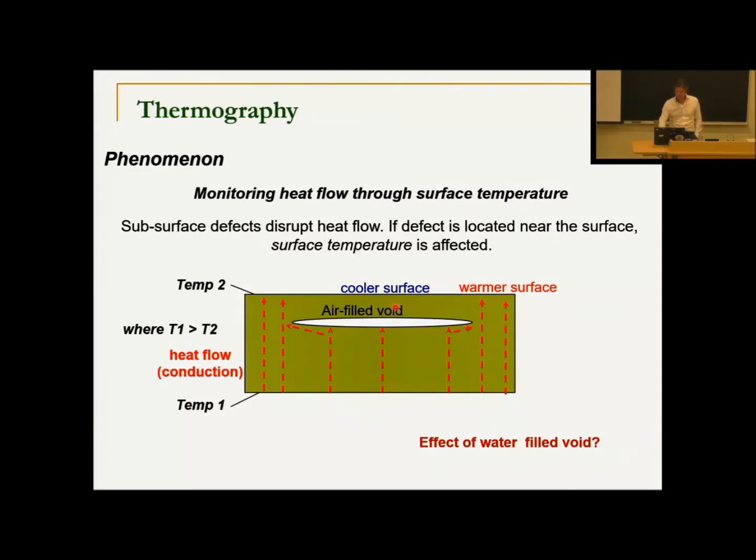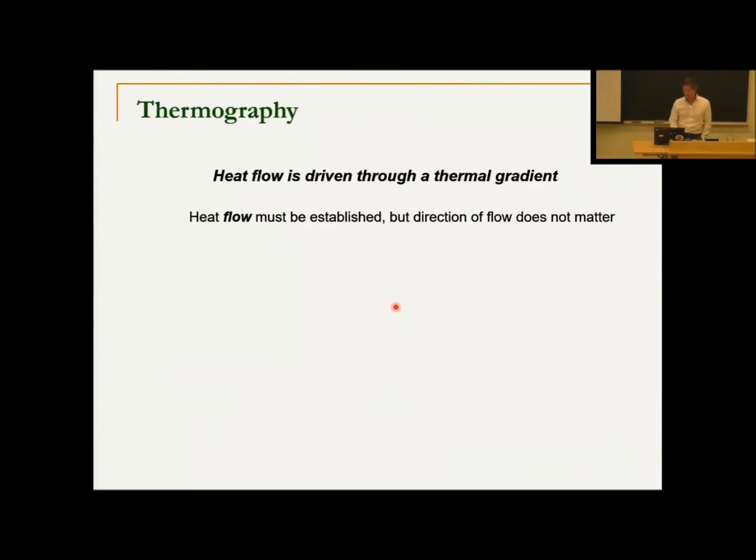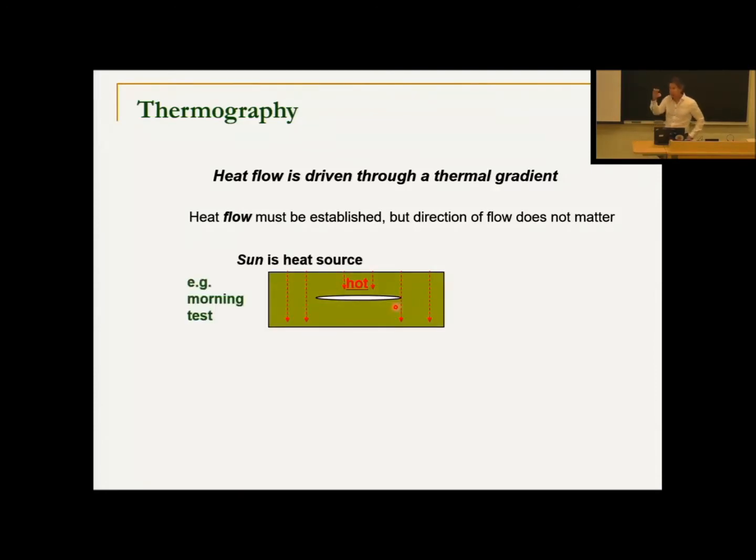So the key is setting up the heat flow. And the heat flow is driven by a thermal gradient, a difference between top and bottom. But it doesn't matter which direction the heat flows. For example, if the heat is now flowing downward, this void traps the heat here, and now the surface appears warmer. Right? Earlier, when the heat flow was on the bottom, the surface appeared colder over that defect because